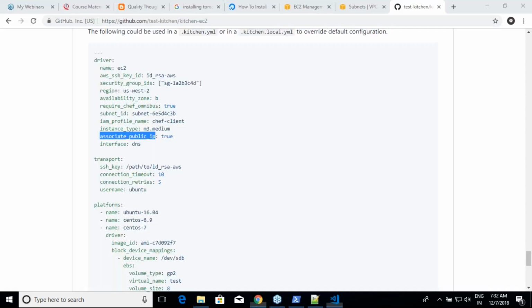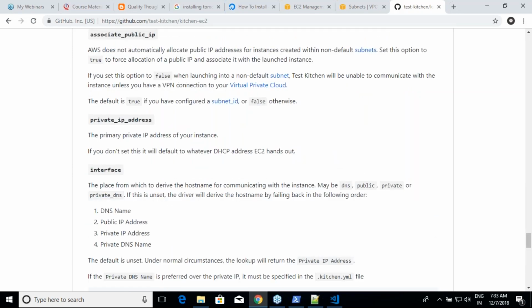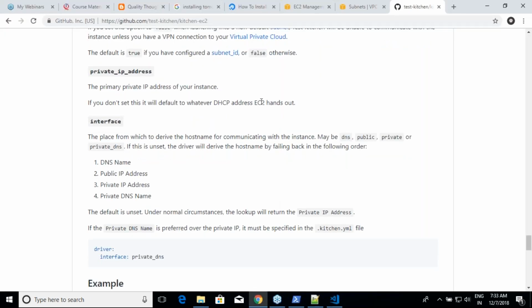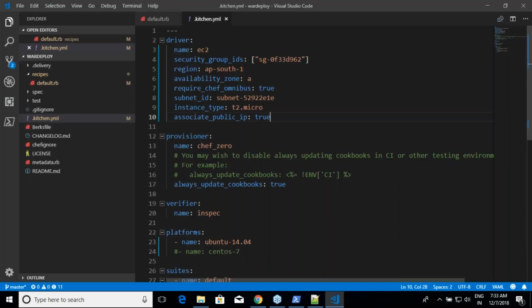And if you are not understanding how I am filling these values, for everything you see there is a description over here. You can go there and check. For example, interface: that is what he's trying to fill. If you see interface, it tells you how interface works, and you can give possible values like DNS, public, private, or private DNS. Even if you don't give this, it will try to do the following. I am not giving interface because it says that is. So for every YML section, you have to look into the documentation and see what the possible values are and how to fill them. Am I clear on this?